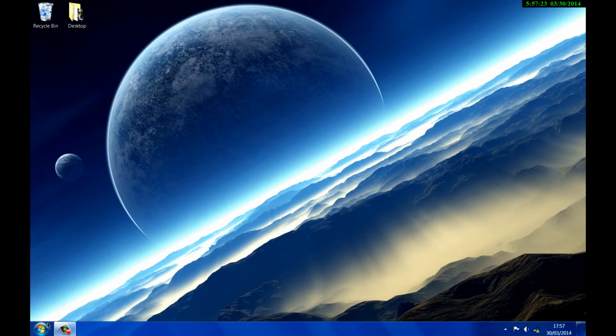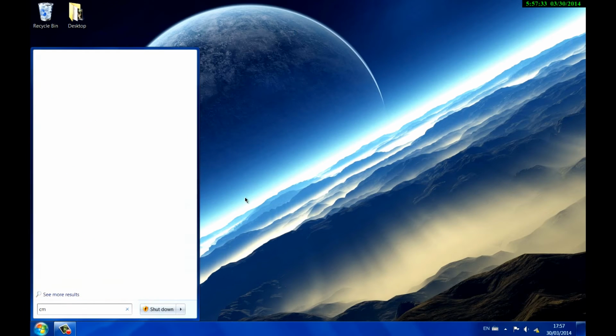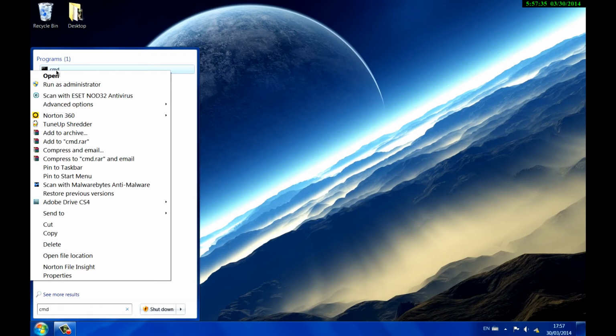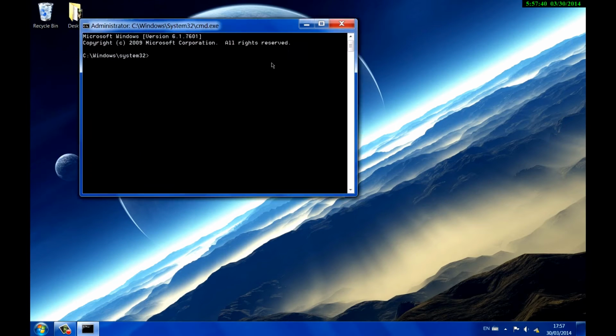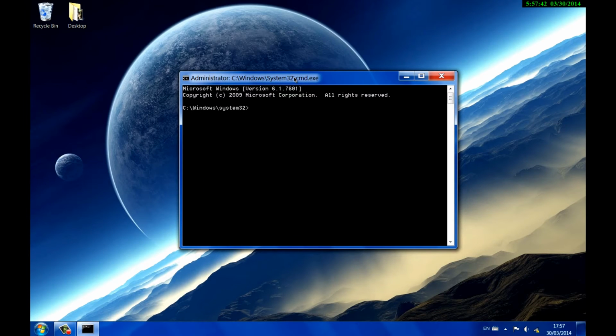So the first method we're going to do is resetting some stuff like our IP and Winsock. So you need to click here, type CMD, and right click on the CMD here and run as administrator. You need to do that because it requires some permissions that you won't be able to do unless you have administrator. So in here then you want to type netsh int ip reset